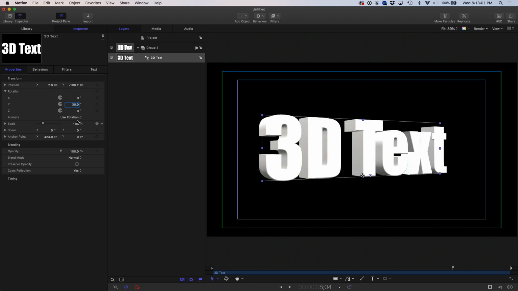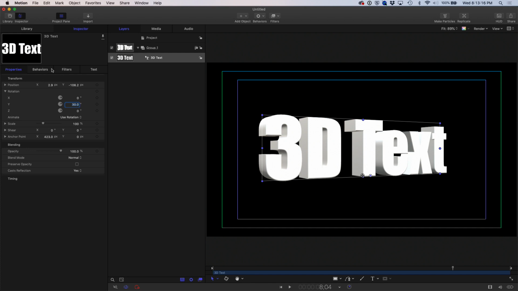That'll work. Okay, so now we've got 3D text, and you can see there's depth there. No small children were injured in the making of this graphic. And it works on every NLE. Now let's make it look good. First thing that I'm going to do with 3D text is I'm going to go to